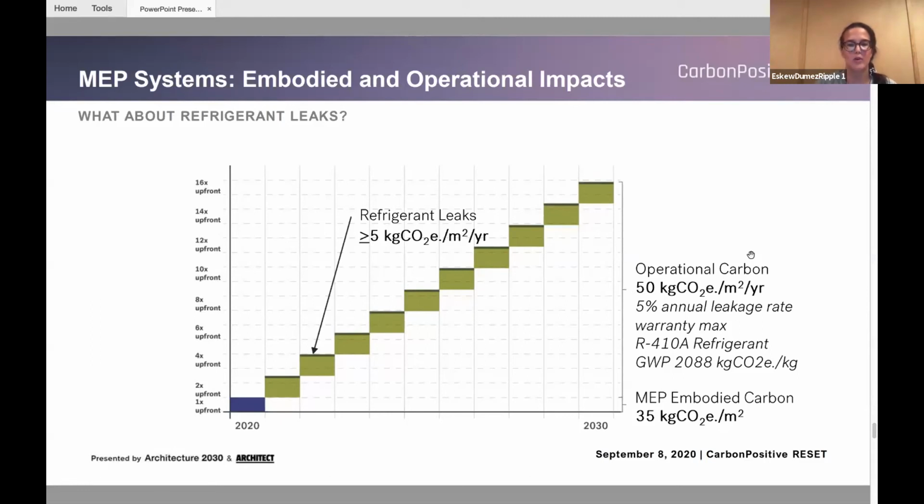This is using a warranty rate average, and we're working to measure this on local buildings and check if this is the exact radar of fear we should be having of about a 5% leakage rate, which is about 10% of the operational carbon per year. And this is using a